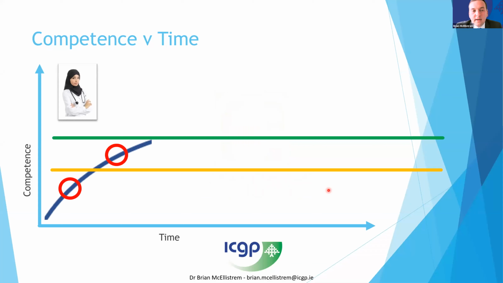Okay, so a key consideration is competence versus time. So Fatima has done great work. She's gone to her cardiovascular clinic. We've looked at the knee aspiration, and she's improving competence. And let's say she's got to the stage where she's actually appropriate for her level as an independent practitioner. She's now a family medicine specialist. She's passed her exam. She's received certification, and that's all been arranged. And that's kind of denoted in this chart by the yellow line. So she's above the yellow line. She's an independently practicing